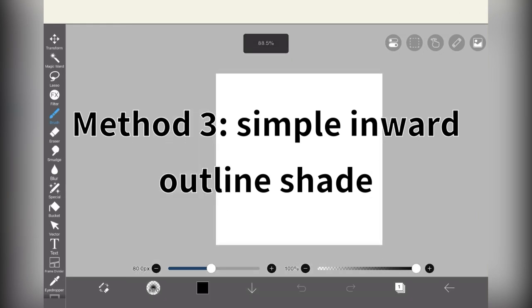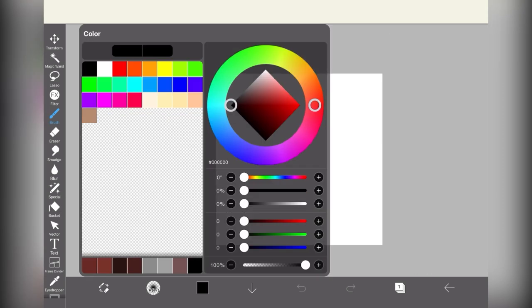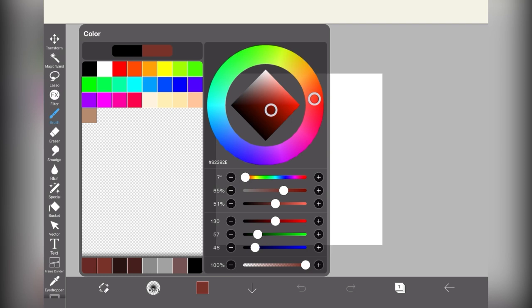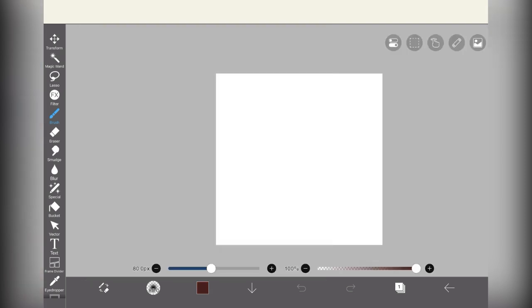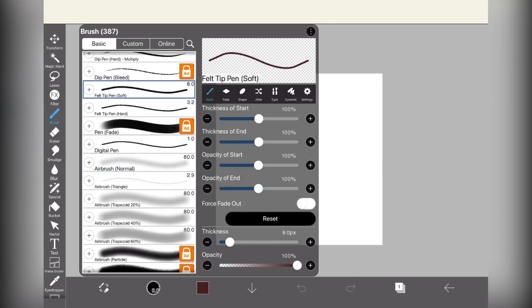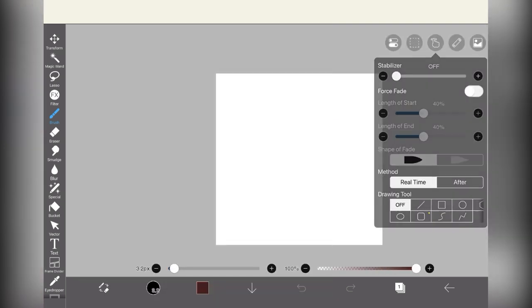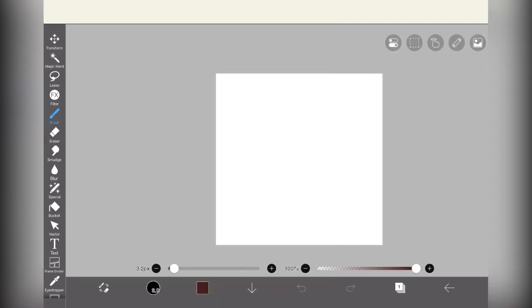Okay, it's our third and final shading type. So we're going to do exactly what we did before. It seems I have airbrush on again, so I'm going to make sure to turn that off right after I set the colour. Okay, set the colour, airbrush set to the felt tip. Now we're going to go and make stick again, one last time,